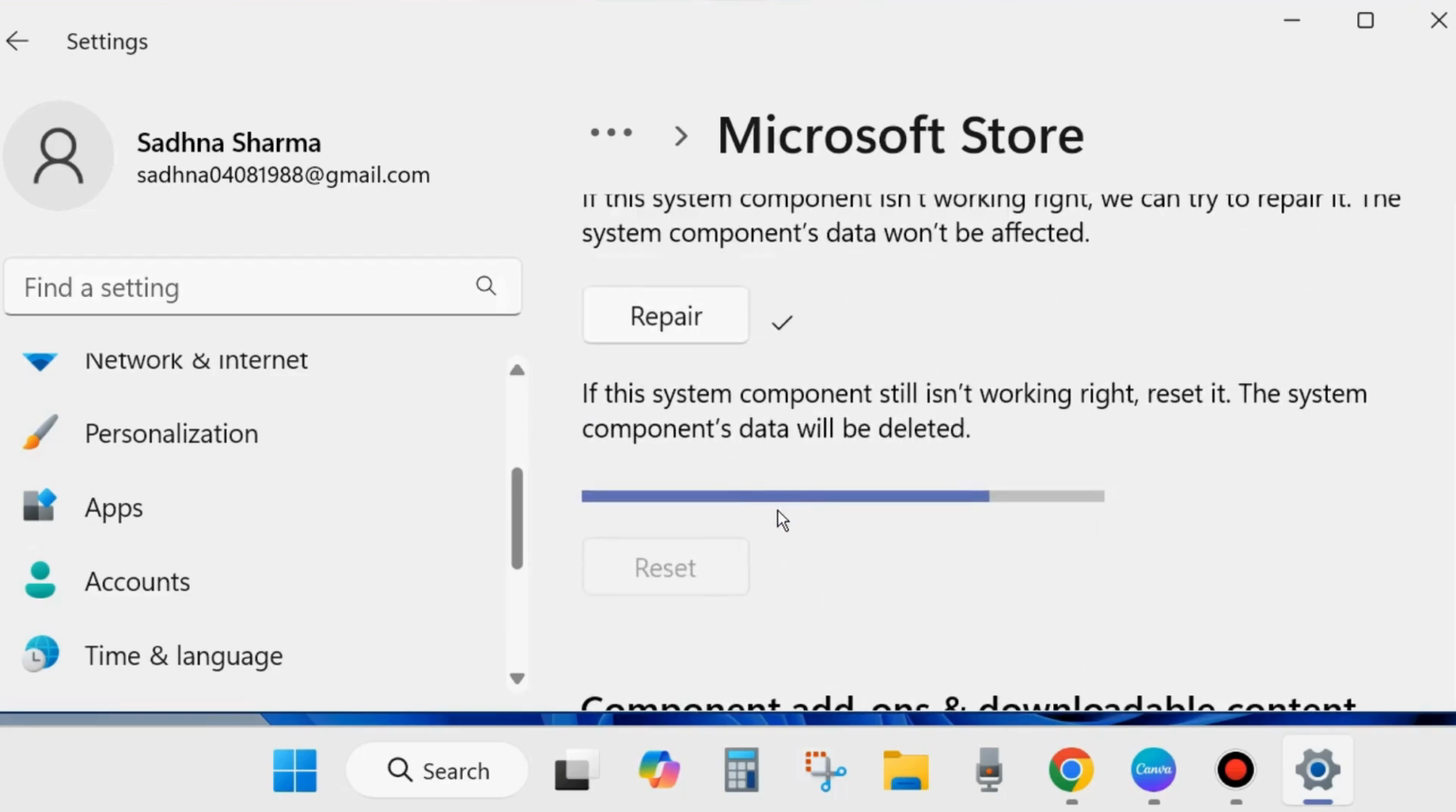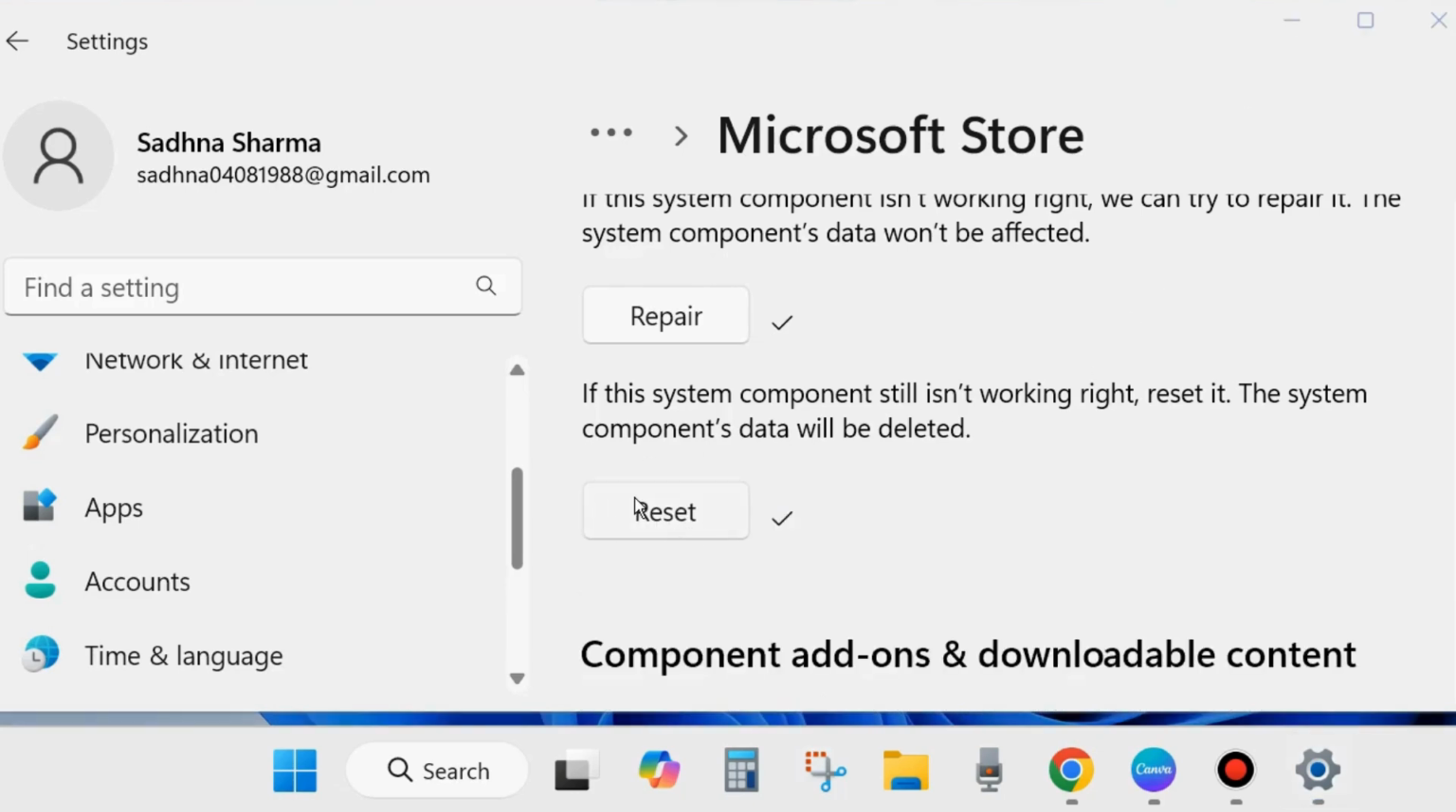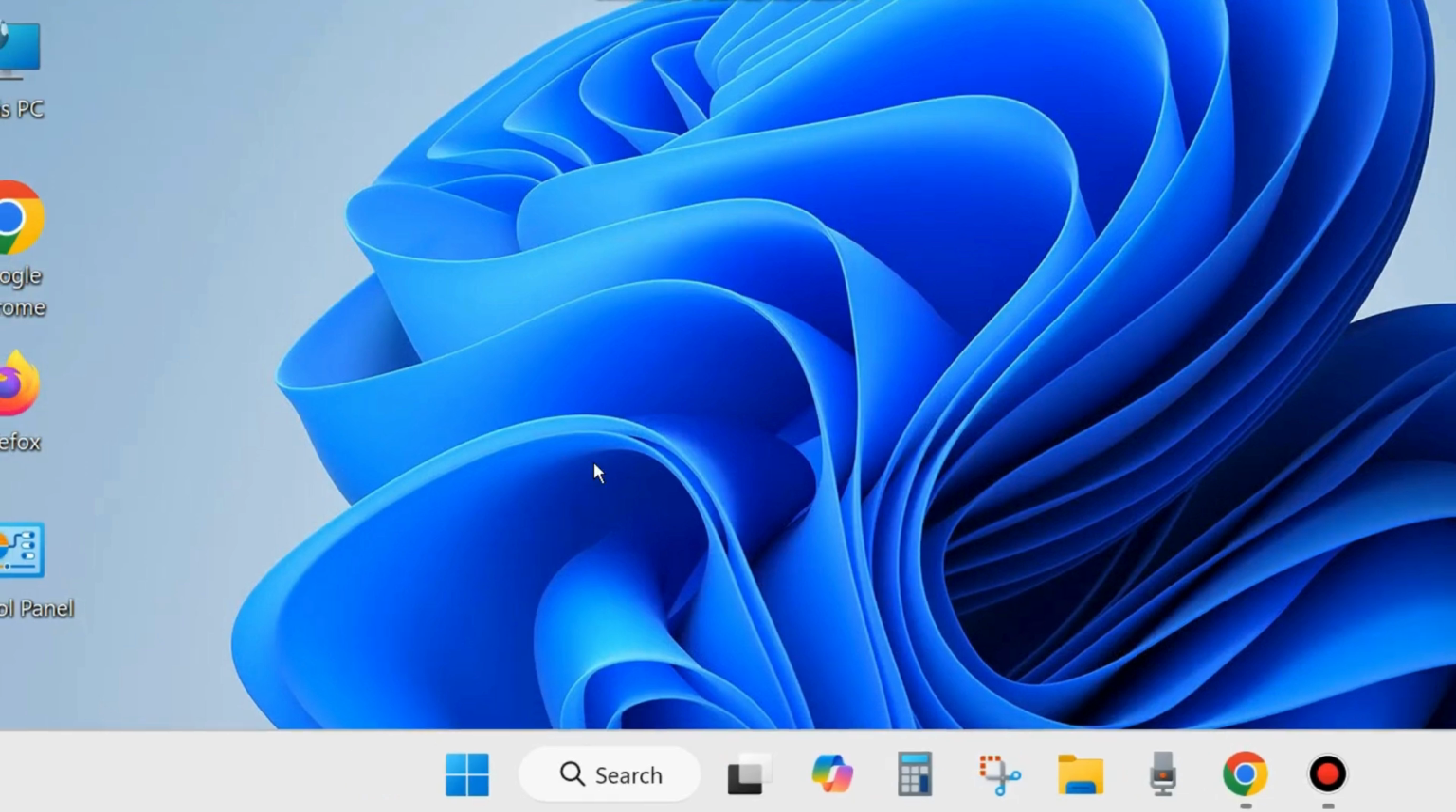After that, check whether your Microsoft Store app stuck on updating issue is resolved or not. If not, go to the next fixes. Close the settings page and go to the next fix. And the next one is